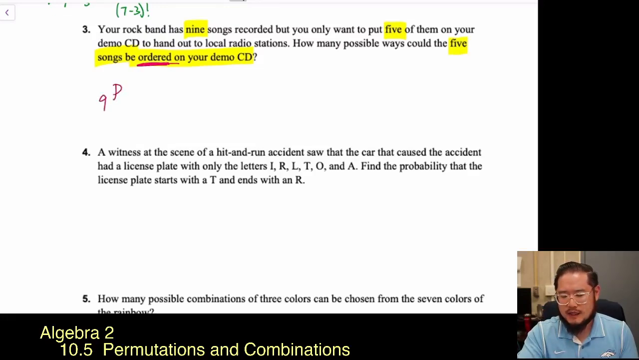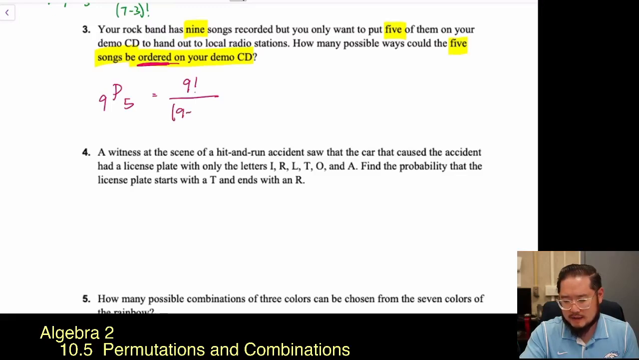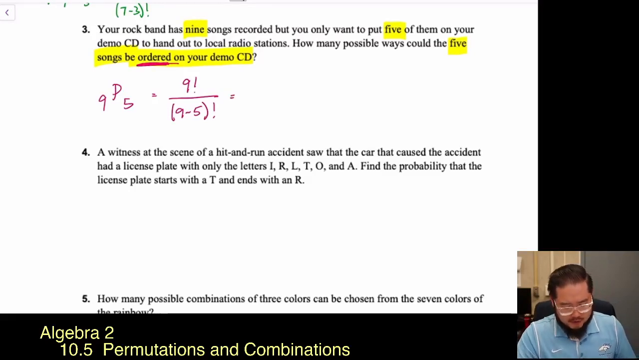We have a permutation, and then right here, how many do we want? We want 5. Okay, so if that's the case, let's figure out what we can do here. Remember, the equation is going to be n factorial, so 9 factorial divided by 9 minus 5 factorial. And if you use your calculator carefully, or maybe even use that permutation button, you will end up with a grand total of